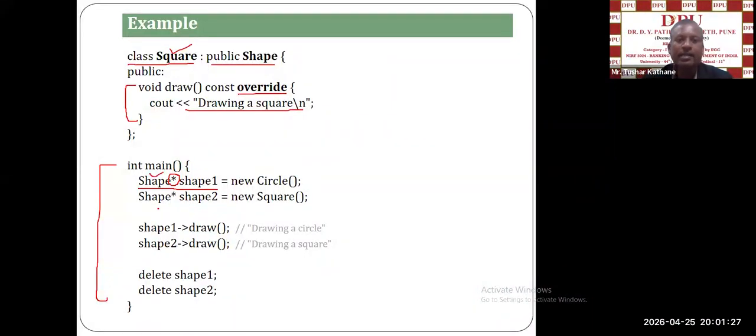So we are creating the shape type of pointer. Shape is what? Base class. So therefore it is called a base class pointer, and this shape1 is the name of your object. Here we are creating the base class pointer whose name is shape1, and you are assigning the reference